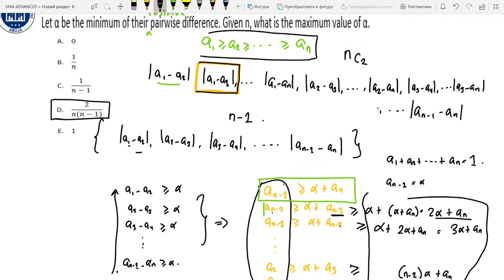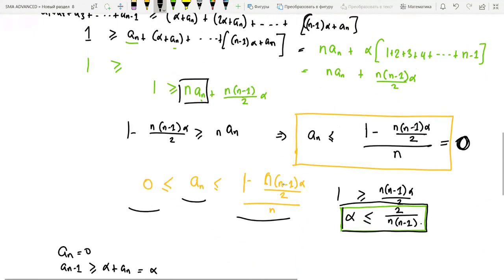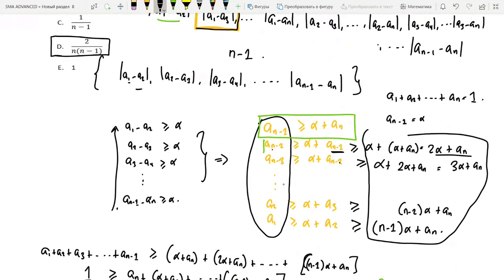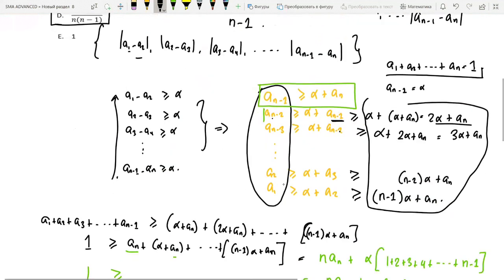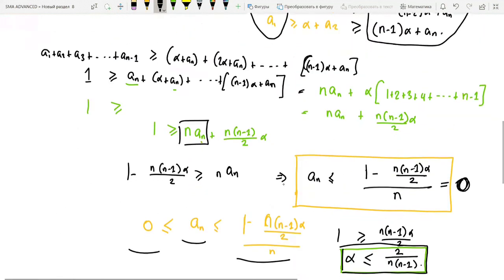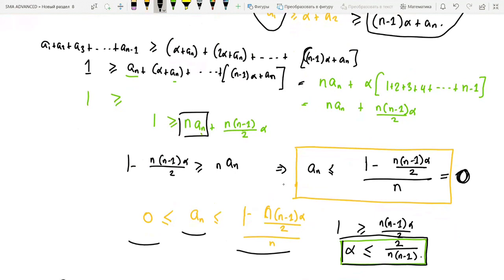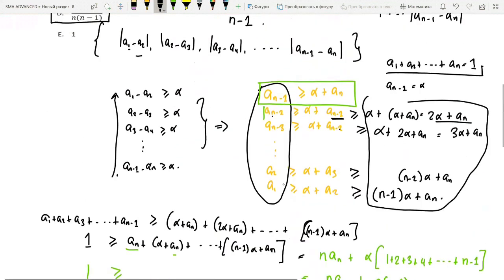But I believe this is the case they talked about, because as you saw, it was much longer than the first case. It was a bit technical, it wasn't trivial. So this was how we were able to do this. We just had to go through a lot of inequalities, and we had to remember that their sum was equal to 1, and also that they were non-negative. That non-negative part was what helped us to find the upper bound and the lower bound of an, and we compared the two of them. We were able to get an inequality for alpha. So this is how to solve the question.